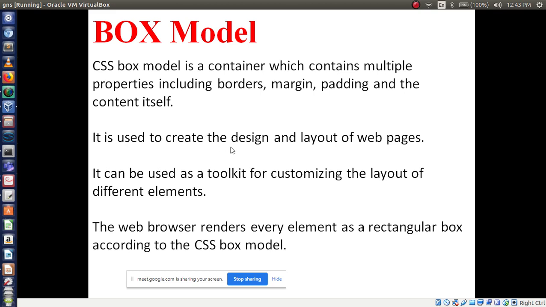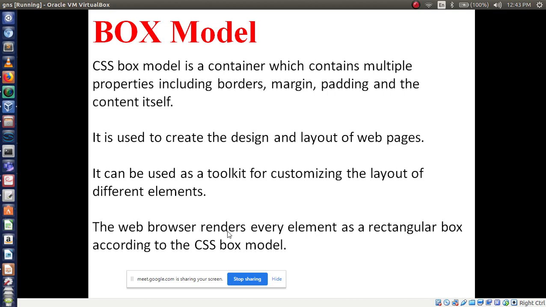It is used to create the design and layout of web pages. It can be used as a toolkit for customizing the layout of different elements. Once you create your box model, you can apply the different contents in it, style wise, right? The web browser renders every element as a rectangular box.